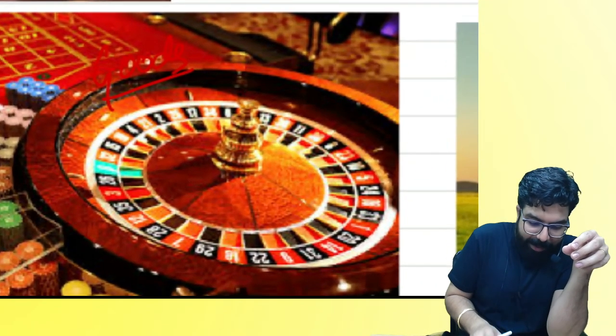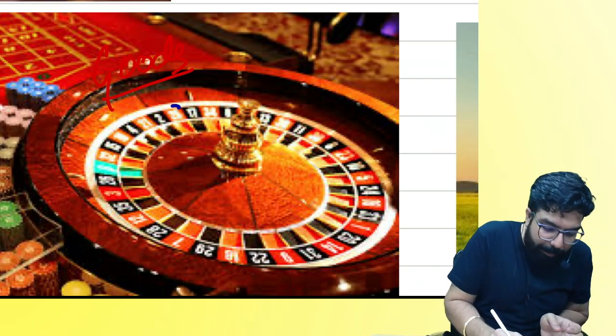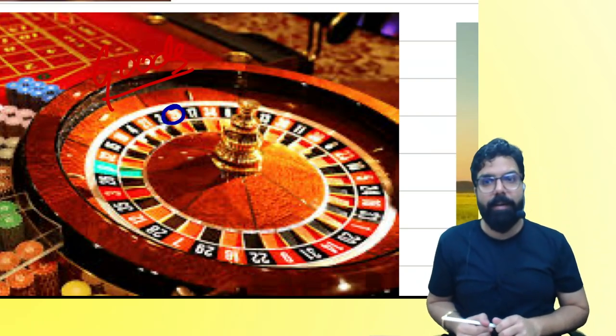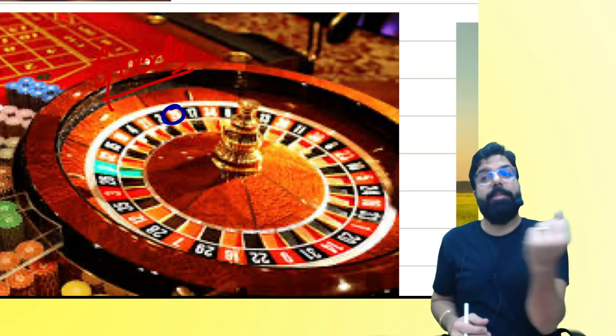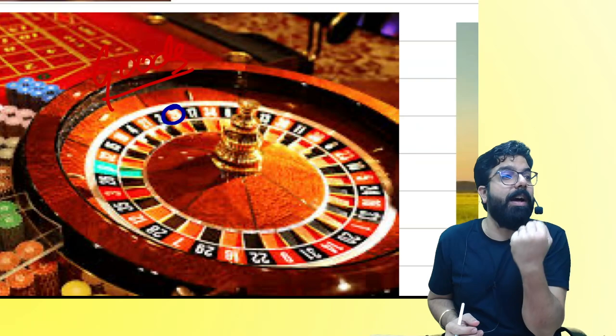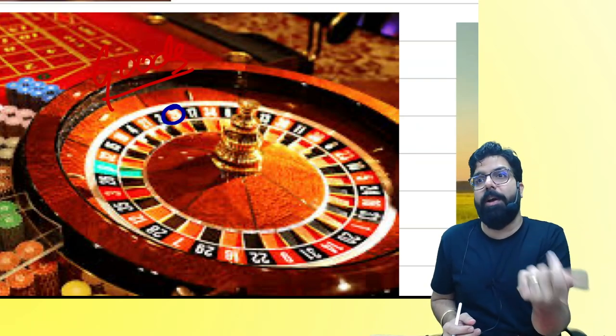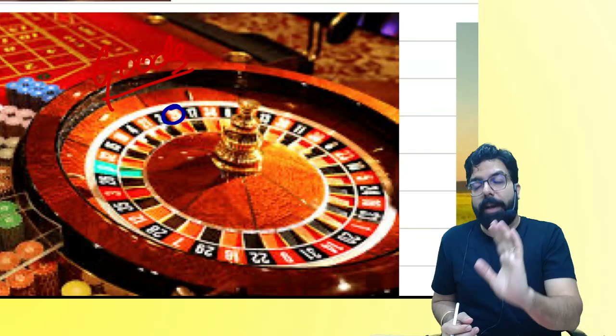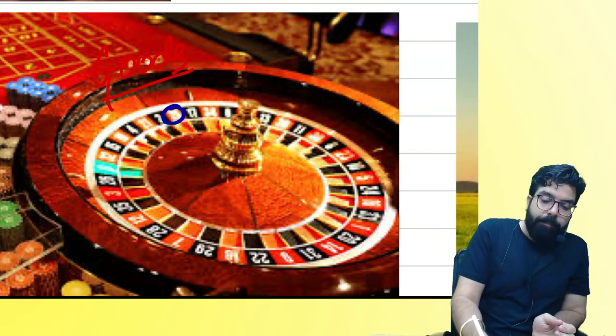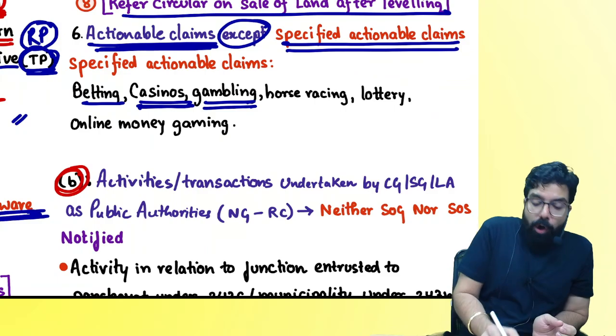Here, this kind of table will be there. You put your money on the number. If the number comes, you have a right to receive the prize money. Do you guys agree with me? So these are casinos. People over here, are we clear? Now, what we are telling over here is, if it is casino or you have done any gambling,